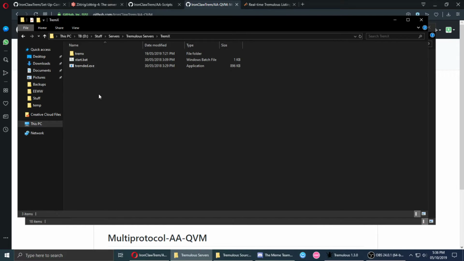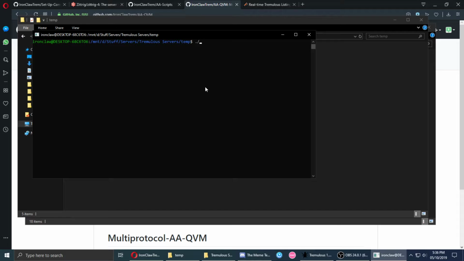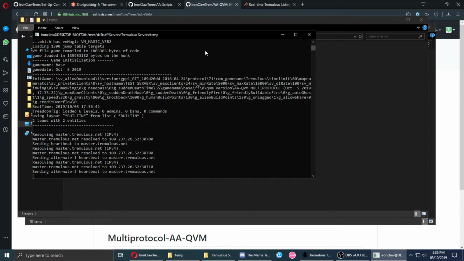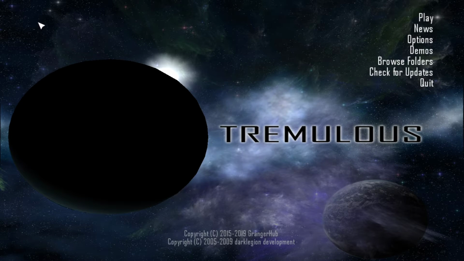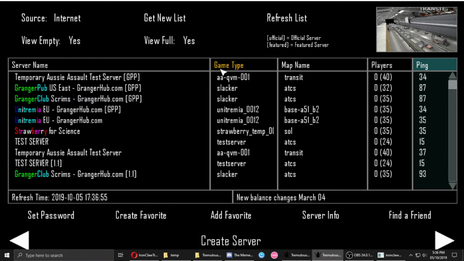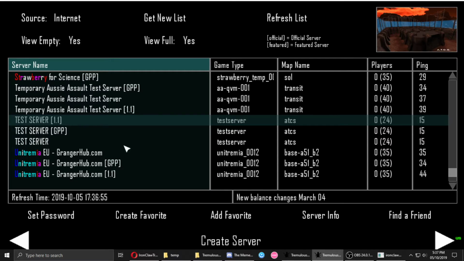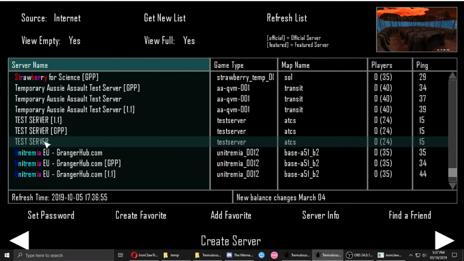And now I'm going to give it a run. And I'm going to open up Tremulous. There we go. We're going to see what happens. Scroll down. As you can see, we've got test server and all of these running. And if I join this one,